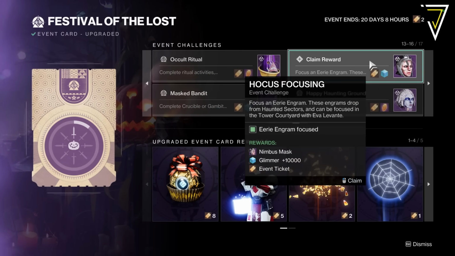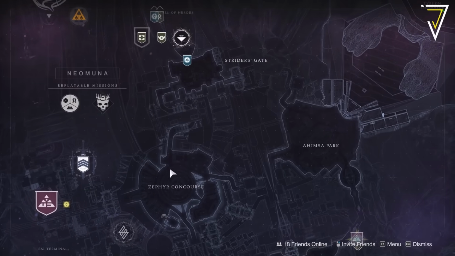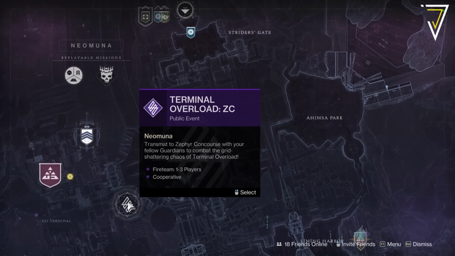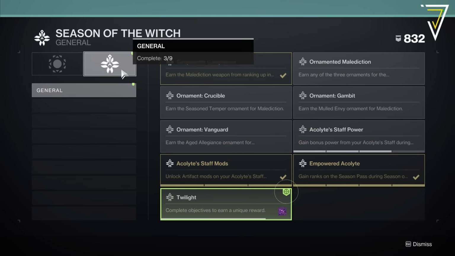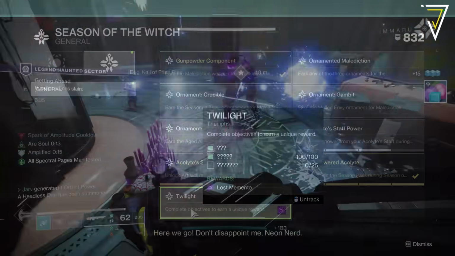mask. Now, with the Nimbus mask equipped, if we head over to Neomuna, you can either choose to roam around defeating combatants on patrol, or even engage with the matchmade public event. A single run of this is more than enough to earn 100 kills and will easily allow you to complete the second objective. Now, this brings us on to the third and final objective, and for this you need to